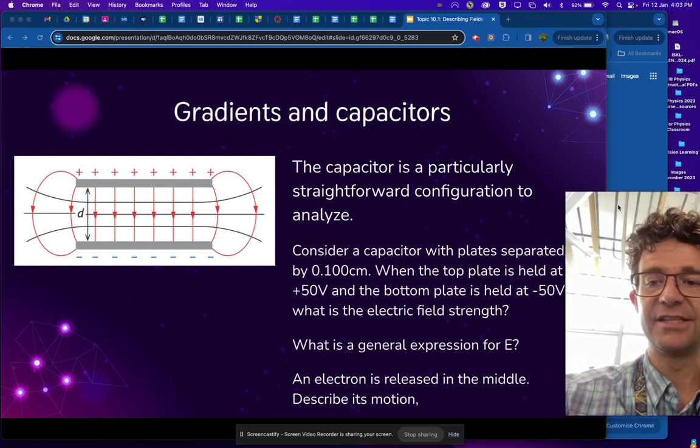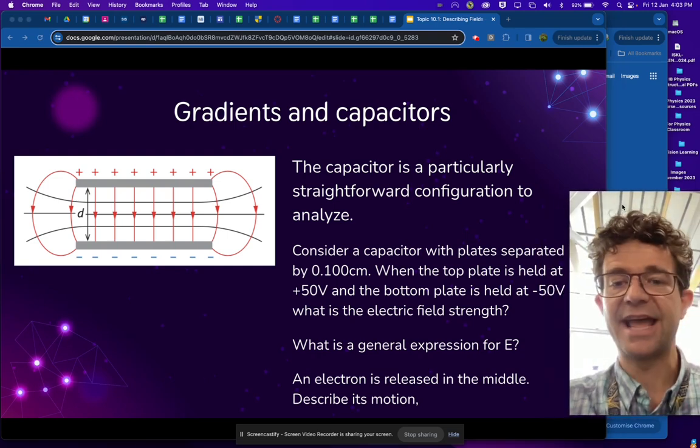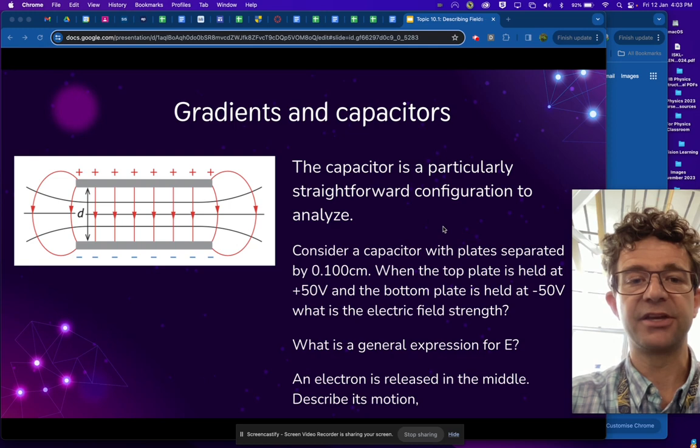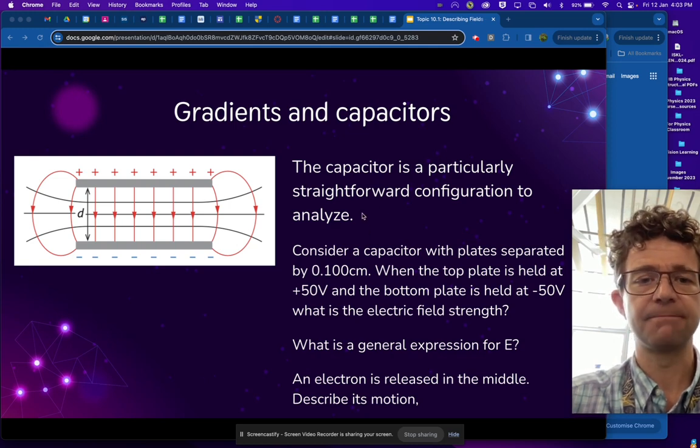The capacitor is a nice, easy situation to analyze. So here's a problem that we can do, and I should be able to talk through most of this. With the capacitor, remember the plate separation is here. The electric field is approximately constant in the middle, and the equipotentials are lines that are parallel to the surface